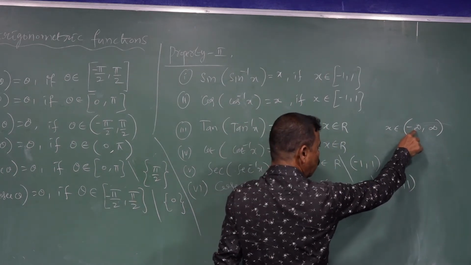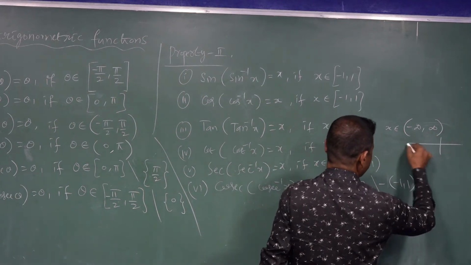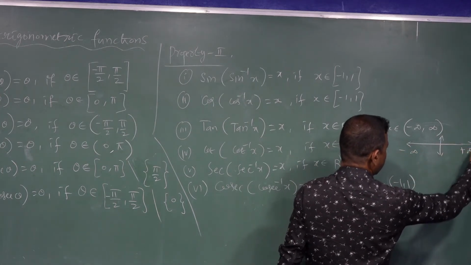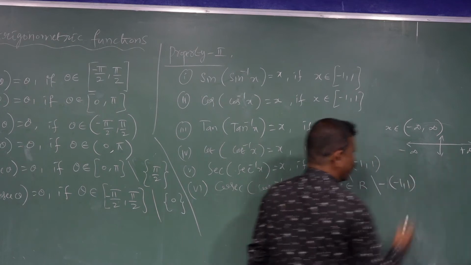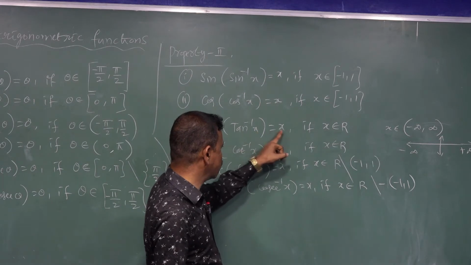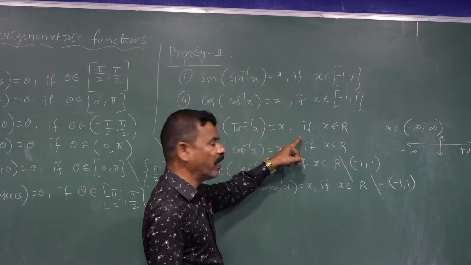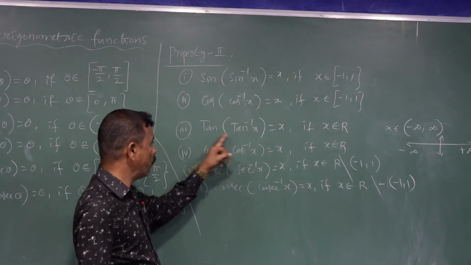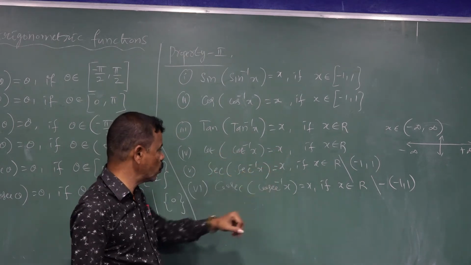Here open bracket, not minus infinity, not plus infinity, in between values. These are finite numbers, minus infinity to plus infinity. It is the real axis. Left side values, right values, all exist. x belongs to R. Suppose here 5, here 6, 90, 100, 2000. Any real number can exist here. Tan inverse x, cot inverse x here. Tan of tan inverse x is equal to x, where x belongs to R. Cot of cot inverse x is equal to x, where x belongs to R.